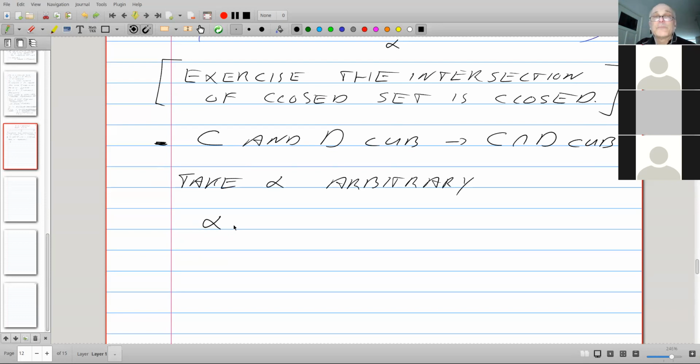We have our alpha. Well, C is closed unbounded, so there is something above alpha that is in C. D is closed unbounded, so there is something in D that is above that.